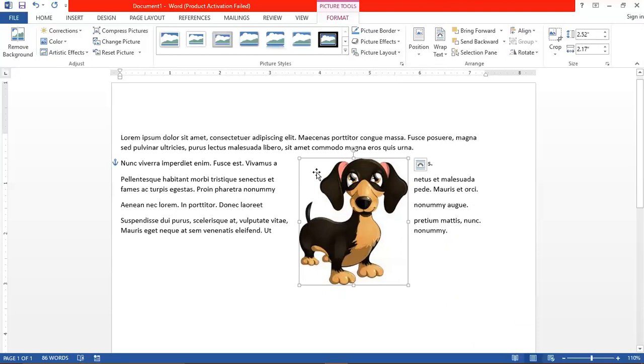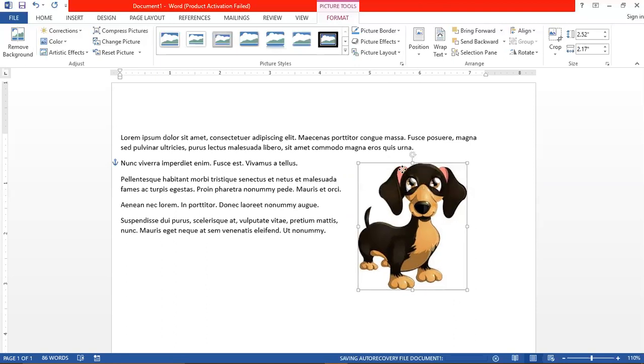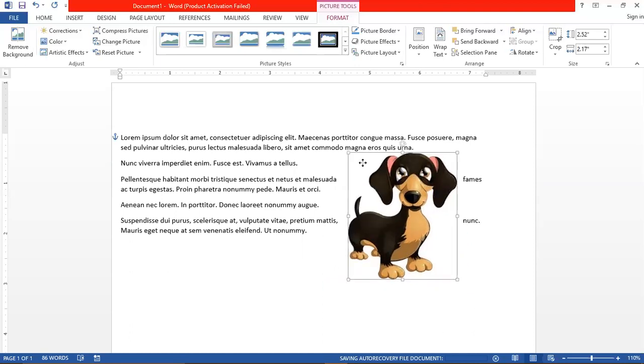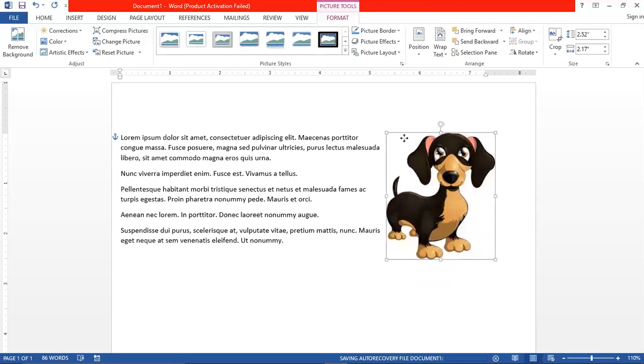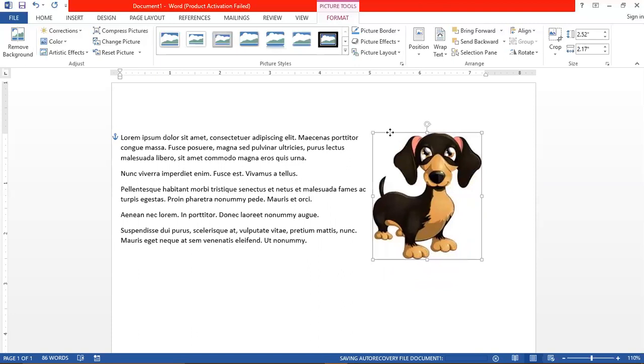The main thing which you need to know in the MS Word application in text wrapping is that it is used for adjusting the image according to the text. Now you can drag the image anywhere and the text will be adjusted accordingly. Now you can keep it anywhere and you can see the text is being aligned automatically in reference with the image. So this is what text wrap means.